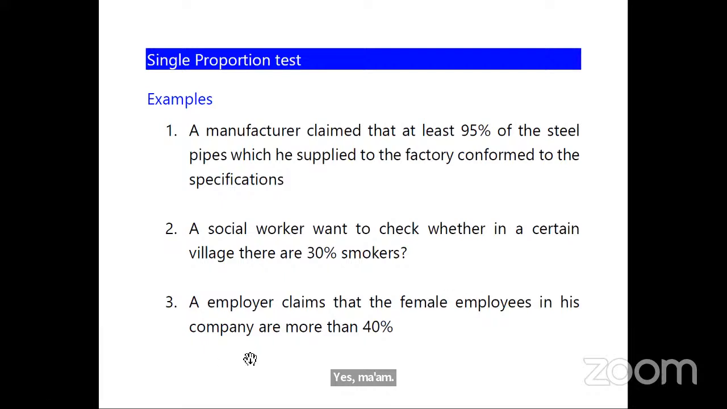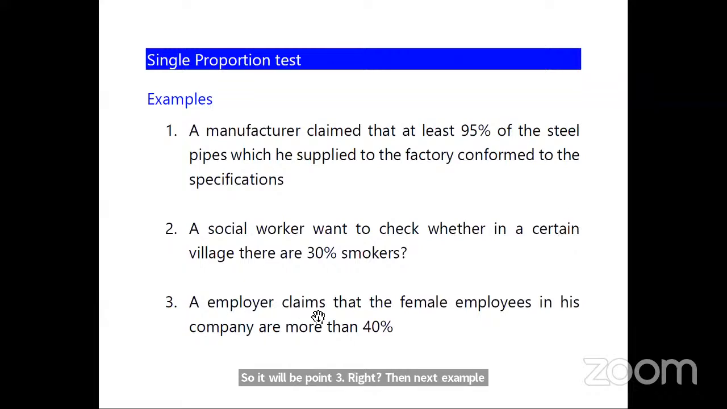So, P is equal to 30%. 30% means if we want to write it as a fraction, it will be 0.3. So it will be 0.3, right? Then the next example is